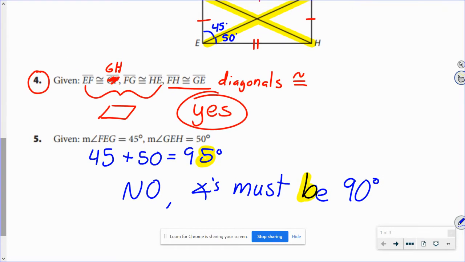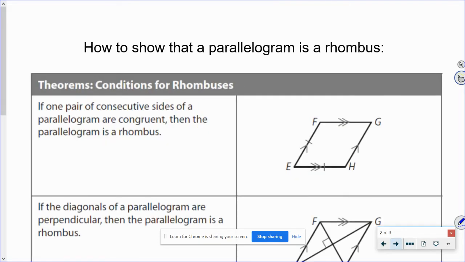So those are the types of problems that you should be ready to see. You'll see those on your homework to get you some more practice with those, as well as the next test or quiz. So that's how you can prove it's a rectangle. Now let's focus on the rhombus. How can you prove